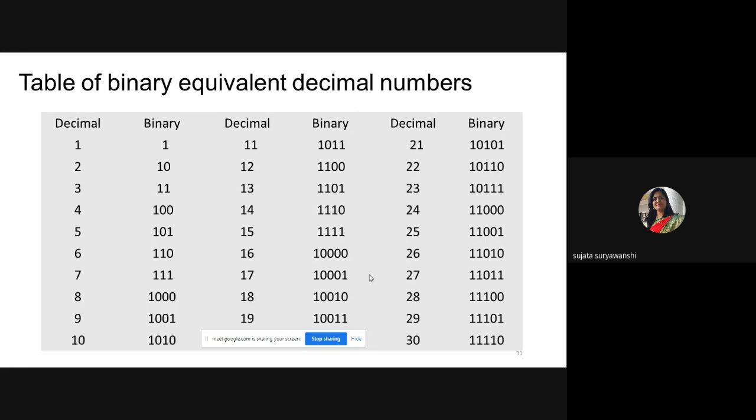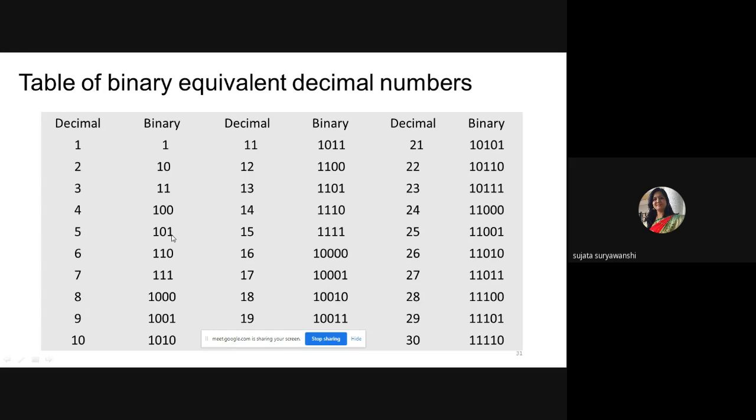Here, all the equivalent binary and decimal numbers are given. You simply record that, or you can convert all the decimal numbers into binary numbers just by using the successive division method, because here all the decimal numbers are integers. So here 1 is converted into binary, so simply use 1. The next one is 2. So 2 is represented by 10. 3 is represented by 11. 4 is represented by 100. 5 is represented by 101.